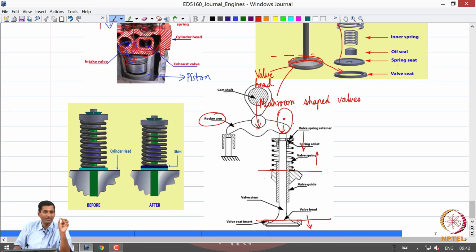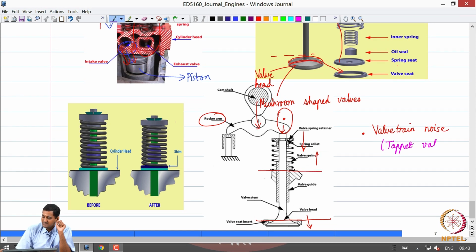So, essentially what happens is that there can be some vibrations, there can be some impact between the two and that can create some noise. Okay. So, that is present in the spring return valves where you have what is called significant valve train noise, particularly when they operate at high speeds. So, how have people solved it? They use what are called tappet valves.